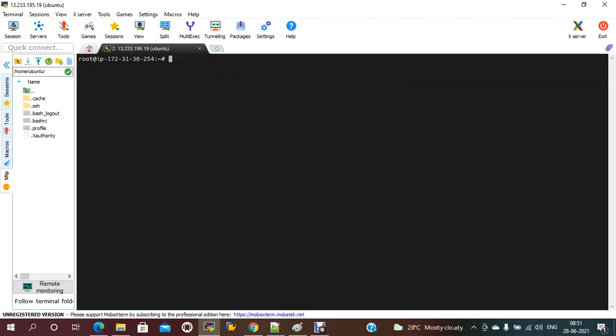Now let me create one folder with mkdir kubernetes deployment demo. Let me create a deployment file, deployment.yml.